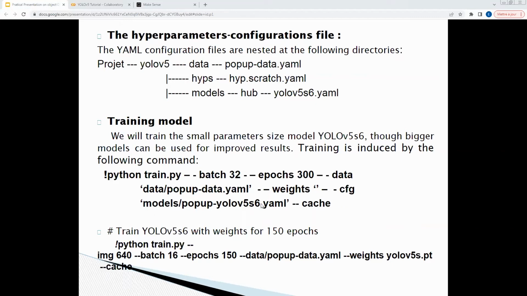And you have the link to your images. This is the link for the hyperparameters. When we train the model, we use the weights of the model training. This is the weights for training your model. After you train your model,